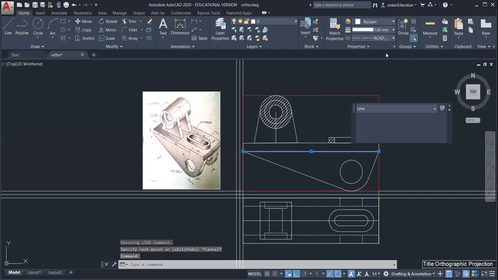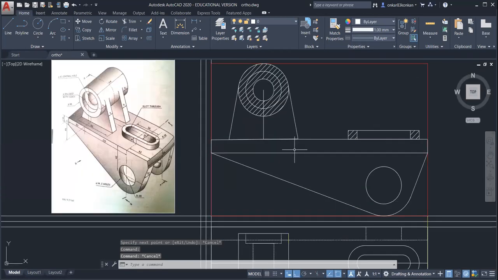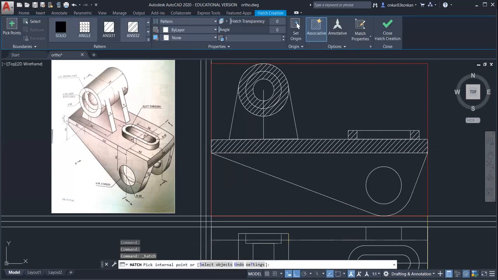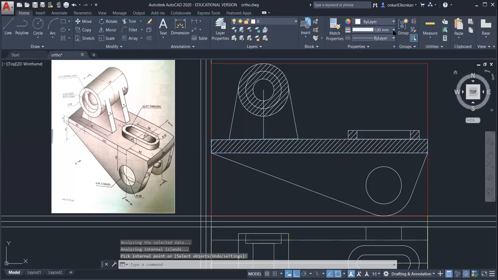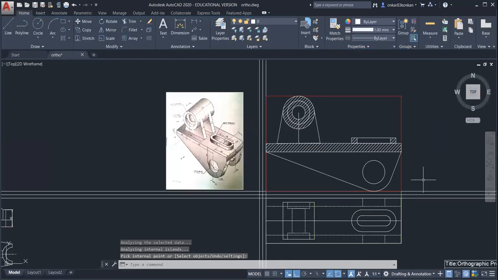Okay, and this portion will be hatch portion. Okay, because it is actually cut by the section plane. Okay, so this is your complete sectional front view.